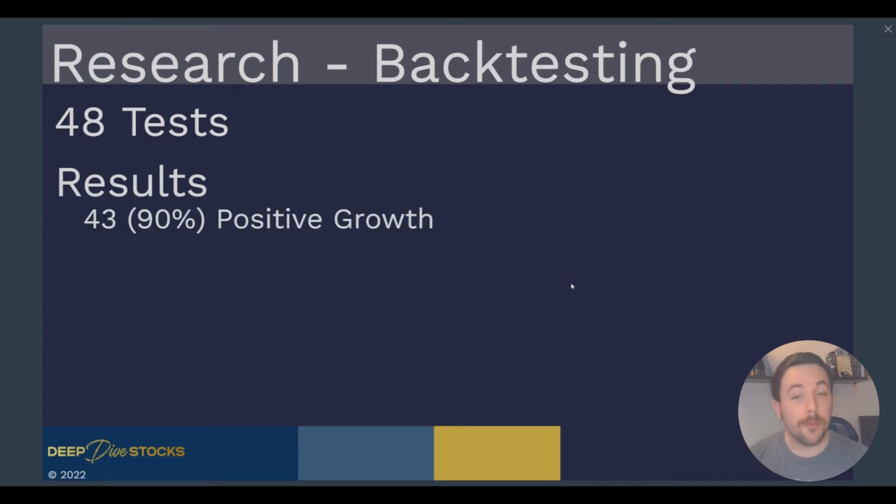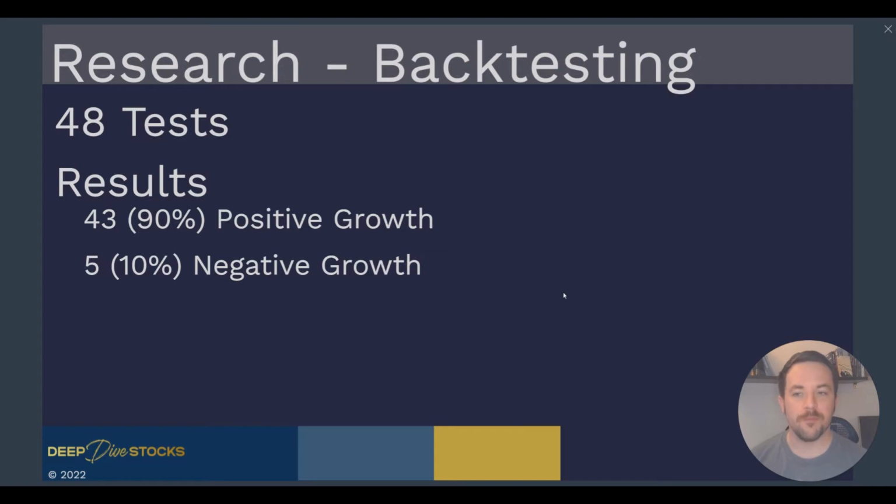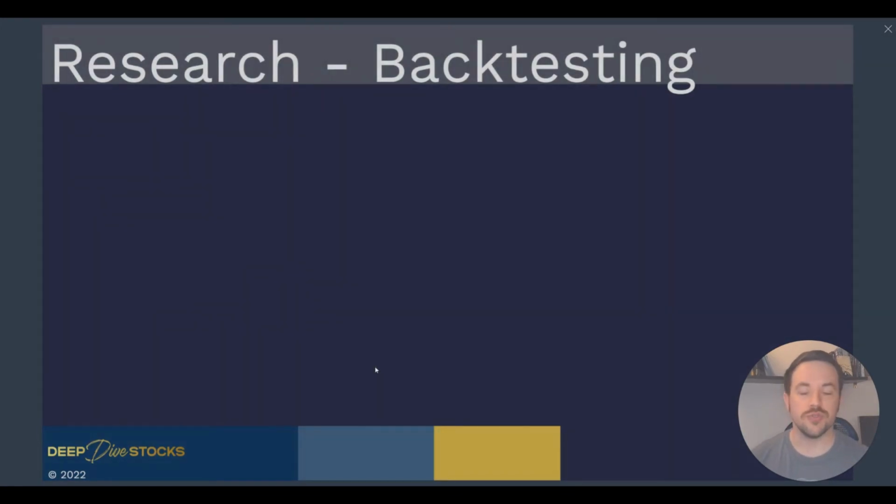The results were honestly super promising. Of all 48, 43 of the backtests experienced positive growth, with a starting value of a $10,000 portfolio. Only 5 of the 48 tests had negative growth. And the good thing is that there were some patterns noted in these negative growth tests to help clarify why those trading patterns did produce negative returns. And 15 of those 48 backtests actually beat SPY on the same time interval